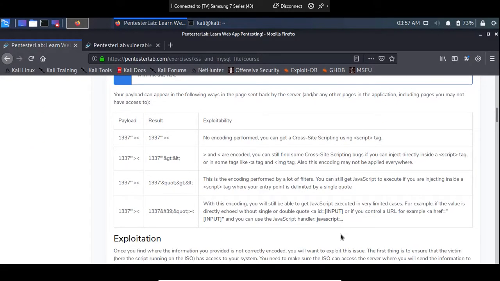The first thing we've got to do is run this payload on our page and see if it lets us run it. It means we can inject a script tag in it. So